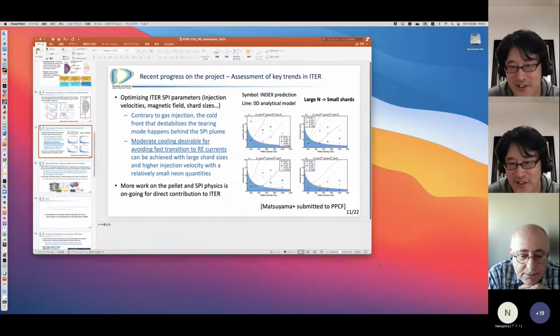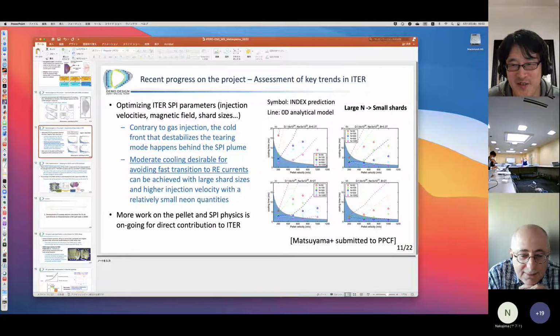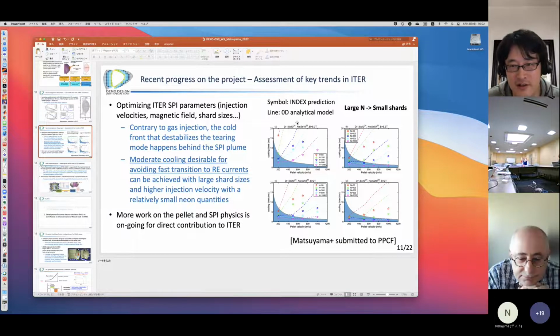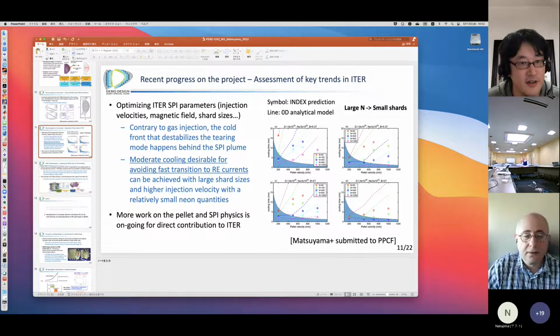Okay. So you know very well about this comparison. I didn't emphasize this comparison, but this is one comparison. We are now working on the comparison between JOREC and the 1D index, and also we have to interpret the result. We have also performed the analysis of the 0D model to understand the physics process. But if we change the composition of the neon pellet, of course, in some cases, this 0D model does not work. And even the index, in some cases, approximation may be worse.